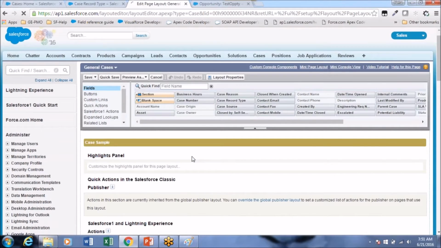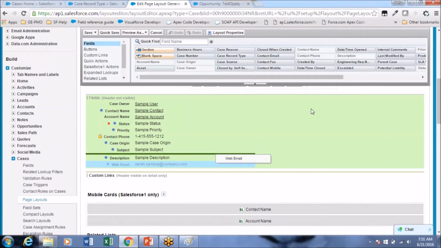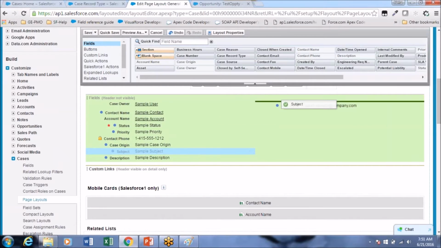Okay, so we have these fields. Arrange them here. Subject.